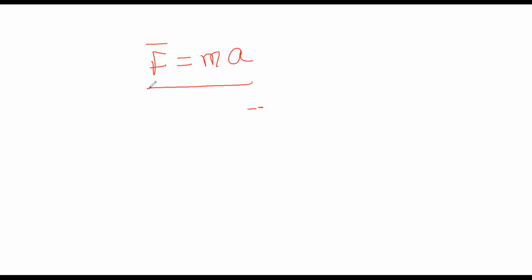From where did you get that F equals ma, and a is a vector quantity. Acceleration is a vector quantity. Actually, this is not the actual formula. This is true in general, for many cases. Why it is true for many cases, I will tell you. Is this Newton's second law of motion? Yes, this is Newton's second law of motion itself.